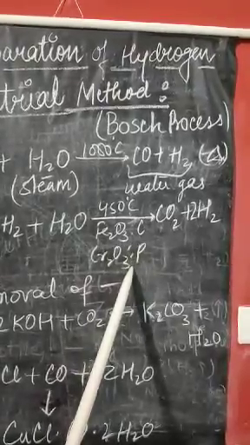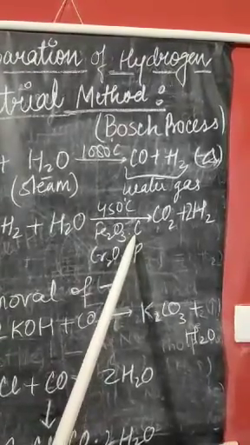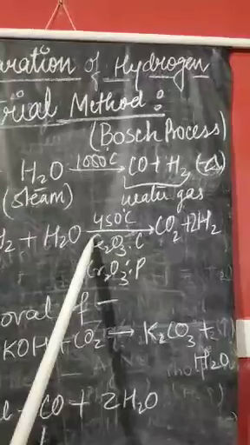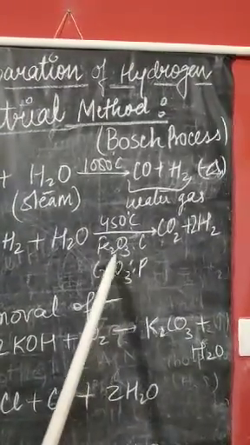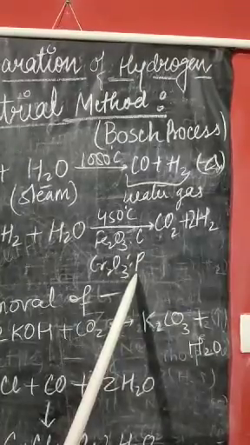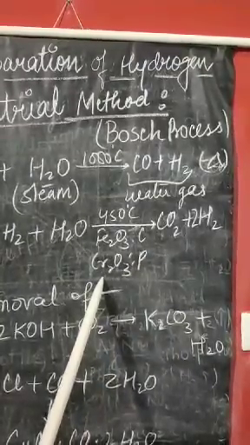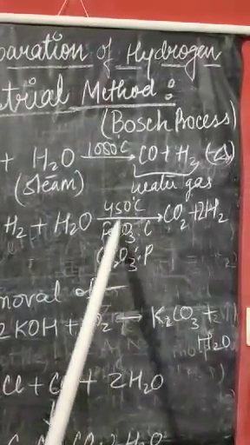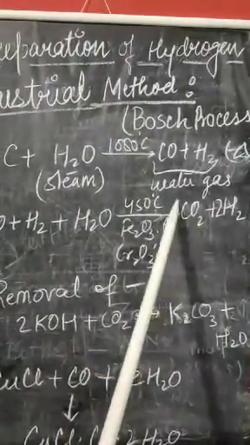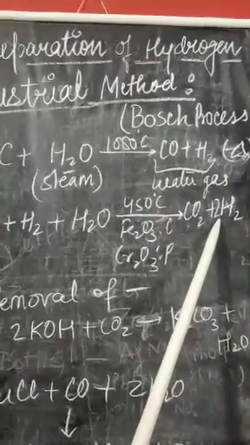Now what is catalyst and what is promoter? See, catalysts are the substance which is added to a reaction. It increases the rate of reaction by participating, but in the case of promoter, this promoter does not participate, and further it increases the reaction. When they both are added here, there is formation of carbon dioxide and hydrogen gas.